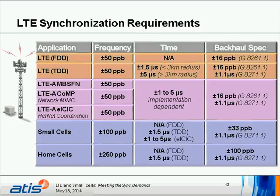Just waiting for the slide to come up here. Tim, if the slide's not advancing, can you push it on for me, please? Yes, it's advanced, Tim. Okay, it just hasn't caught up with me here. Okay, so